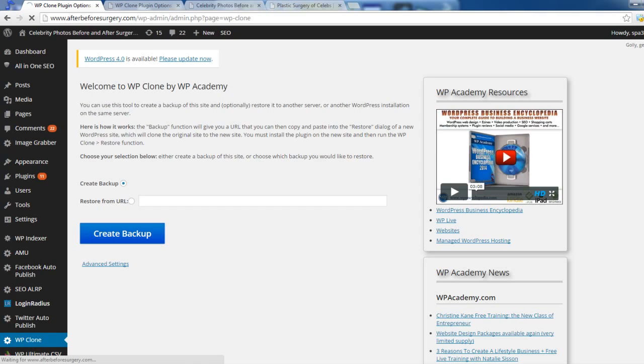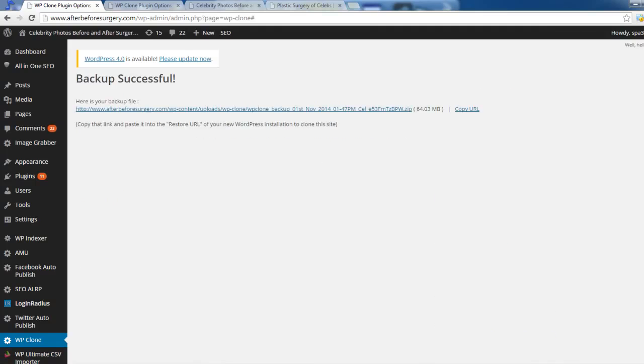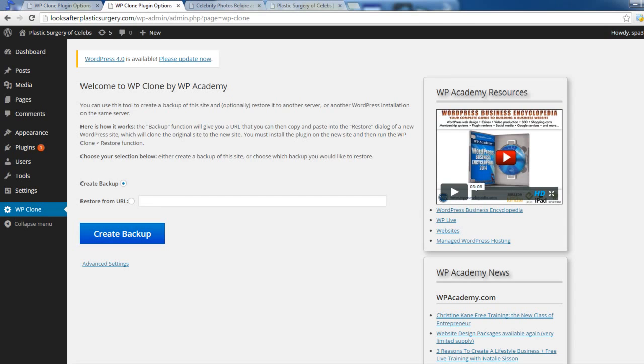It gives a pop-up message. Just press OK, and it will take a few minutes to complete the backup. Okay, once the backup is completed, you will see a hyperlink here, and its size is just 64 MB, no problem. And you can copy this URL and go to the domain where you want to transfer your fully developed website,